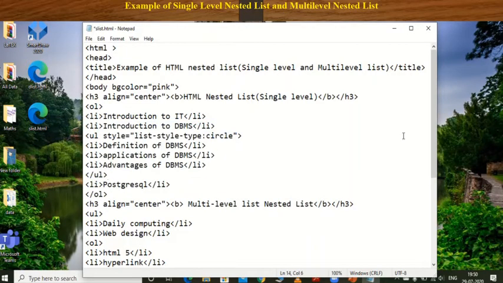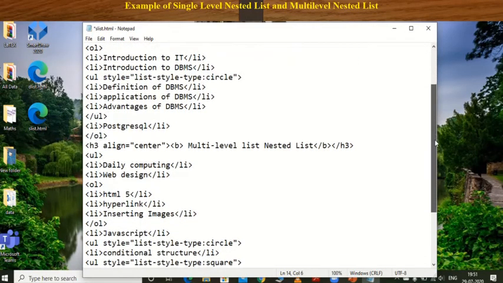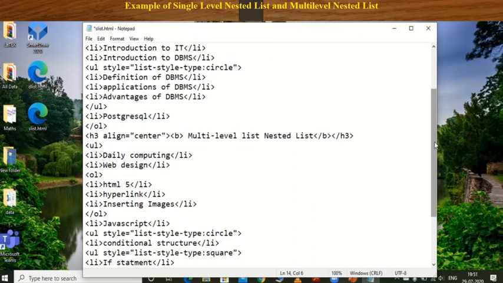Okay, clear? Now when we talk about the multi-level nested list, we have to add a list within a list, and in the inner list there is one more list. Consider here, suppose an unordered list is there. In the unordered list, the first element is daily computing, second is web designing.